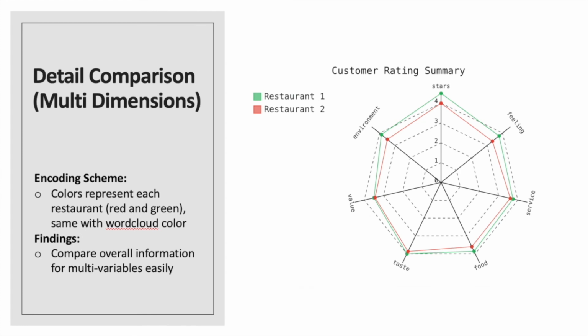Another is a radar chart to compare 7 topics of the selected restaurants. A radar chart is useful to compare multiple quantitative variables, especially which data sets score high or low. Additionally, the user can see which variables have similar values or any outliers. The radar chart color is the same as the word cloud to make the user perceive each restaurant's result. For example, 2 restaurants considered tasty, with taste score over 4.5 and food score over 4.5. The user can compare the detailed scores of other topics that the user doesn't consider important, such as service or